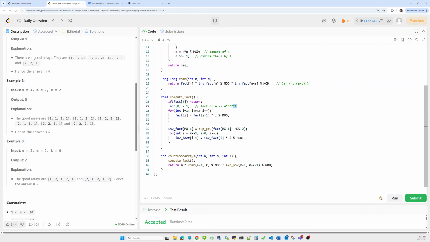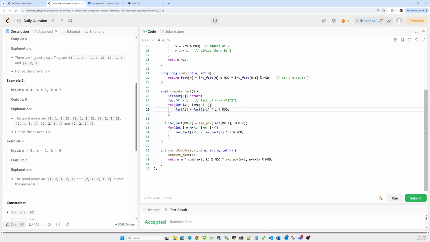Now in increasing order, from 1 to our maximum range, we have to update the factorial, taking mod also. Similarly we'll update our inverse factorial also. How will we update inverse factorial?